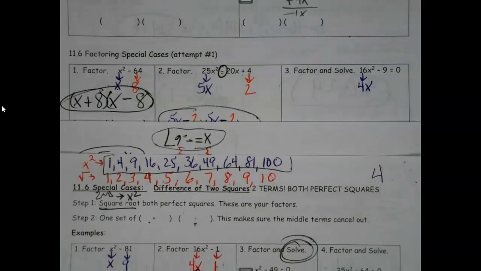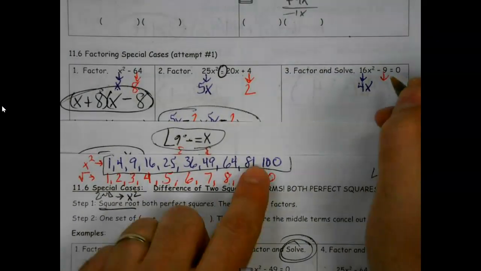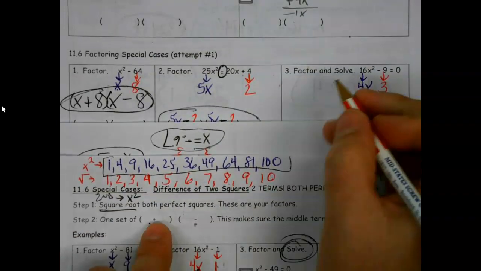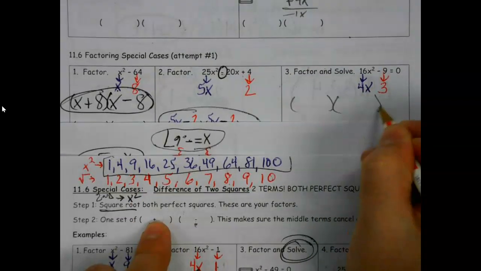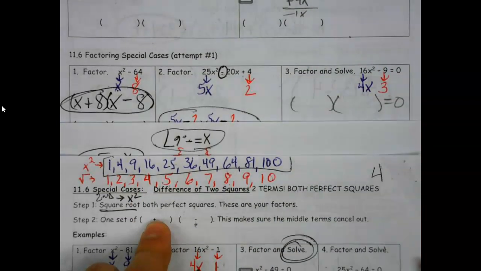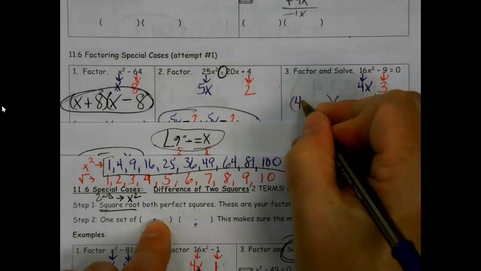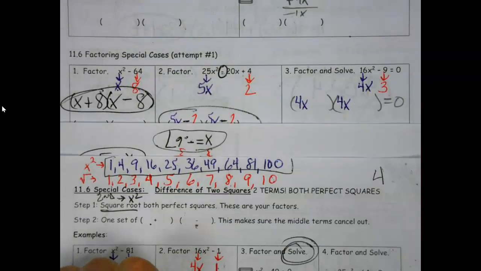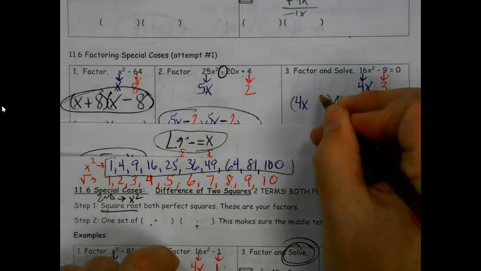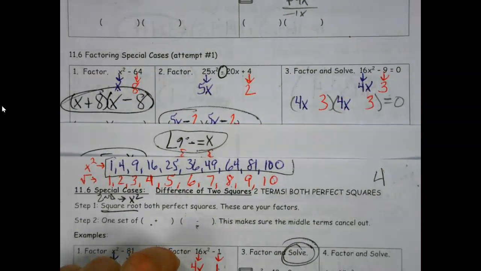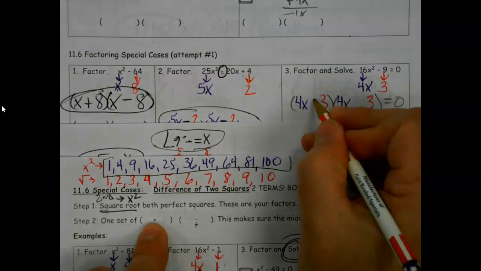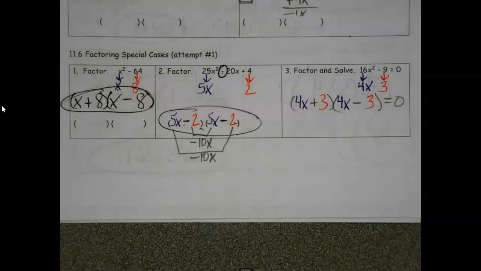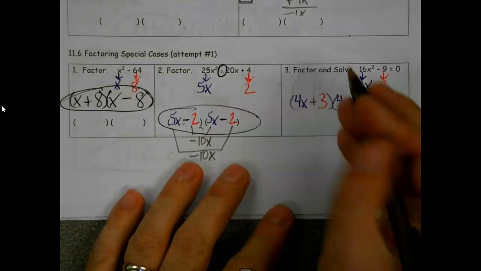And so to finish, again, I'm just using my chart. It's a difference of squares. Four x first, 3 second, plus and minus. And since it says solve,